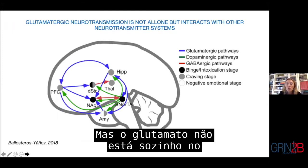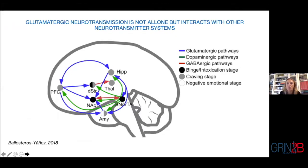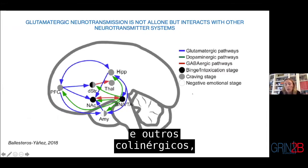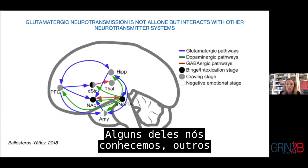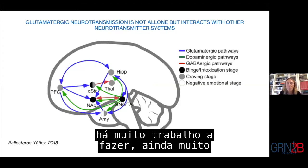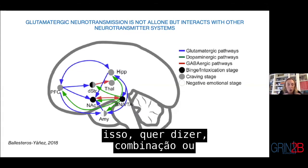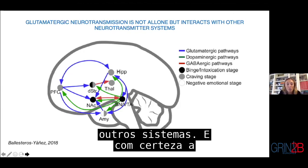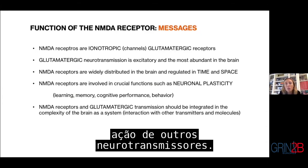But glutamate is not alone in the brain, but it has to work together with other neurotransmitter systems, dopaminergic pathways, GABAergic pathways we already mentioned, and cholinergic and other systems. We still don't know exactly all these connections between the systems. Some of them we know, some others we don't know. And in particular, during development, there is still a lot of work to do in order to understand this combination or interaction between glutamatergic and other systems. And for sure, the expression of NMDA receptors probably should be modulated by the action of other neurotransmitters, not only